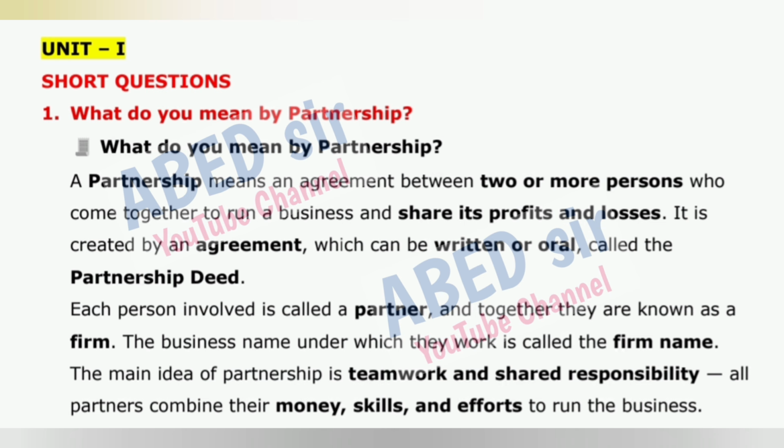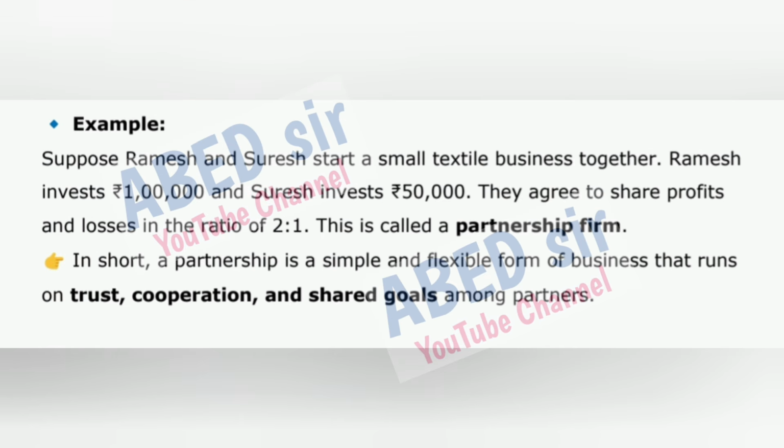The main idea of partnership is teamwork and shared responsibility. All partners combine their money, skills, and efforts to run the business. Example: suppose Ramesh and Suresh start a small textile business together. Ramesh invests 1 lakh rupees and Suresh invests 50,000 rupees. They agree to share profits and losses in the ratio of 2:1. This is called a partnership firm. In short, a partnership is a simple and flexible form of business that runs on trust, cooperation, and shared goals